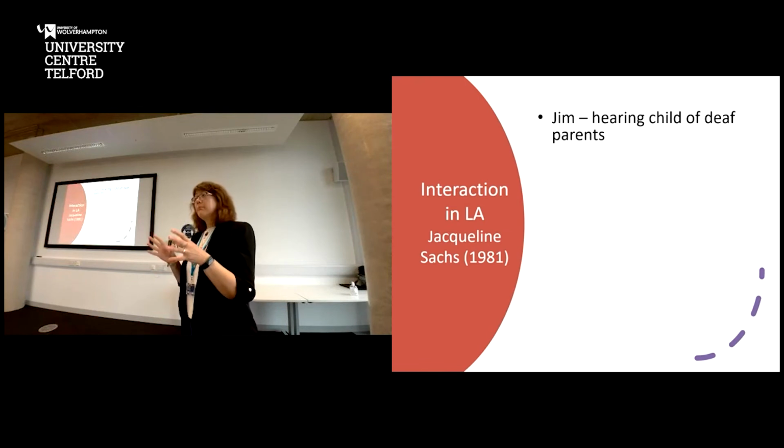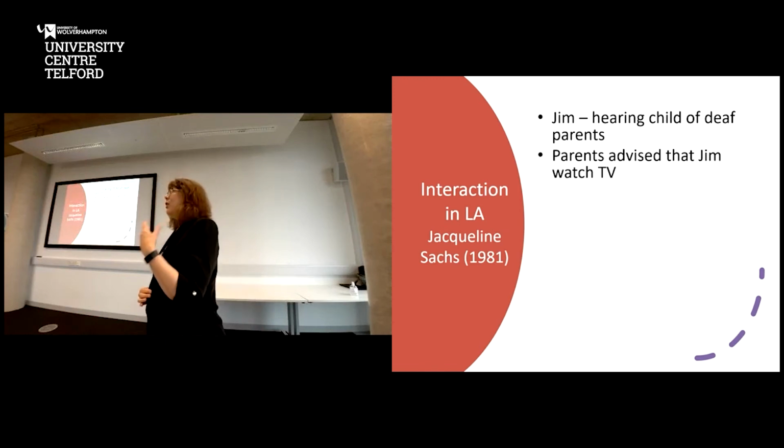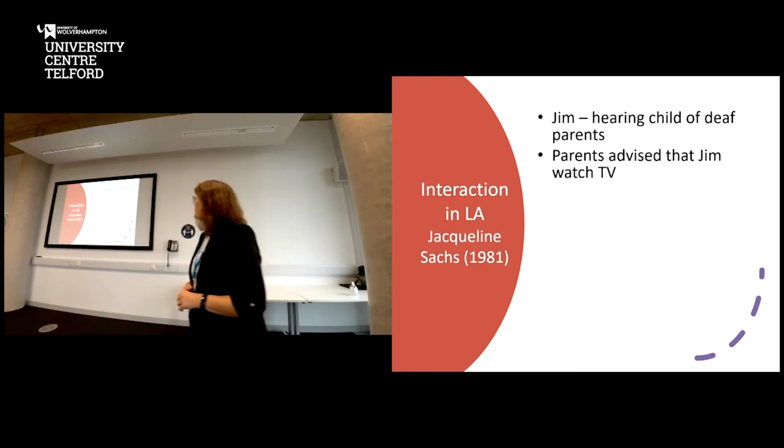He was hearing, but his parents were both deaf. And on the advice of the healthcare professionals, he was advised not to learn sign language, but that he should watch TV. So he was watching Sesame Street and whatever. But